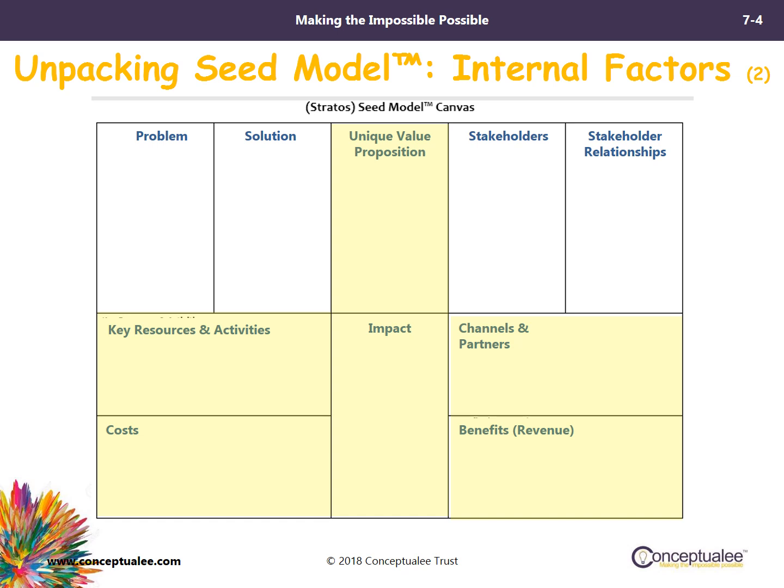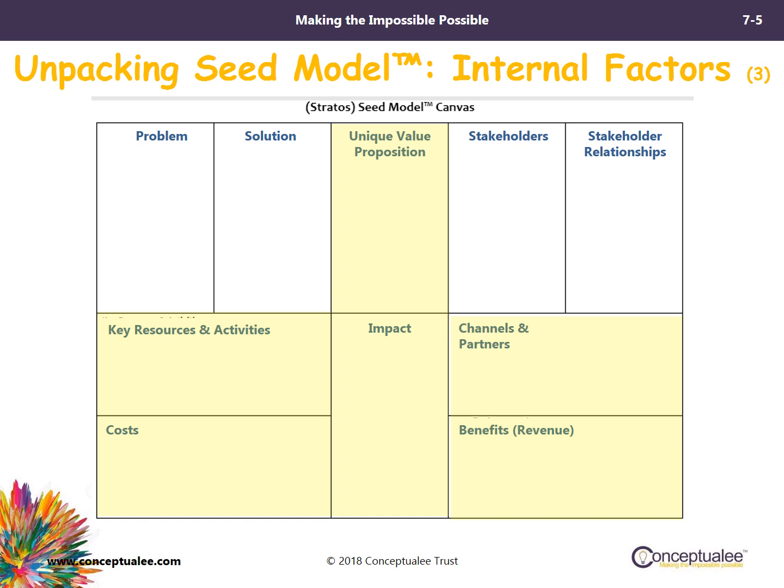Now, when we talk about benefits and revenues, benefits can be tangible and intangible. Tangible like money, or intangible like social capital. For example, if you start getting fans or followers on social media for what you are doing, that's a huge benefit, even though it's not monetary revenue. Now you can do more with your marketing budget because you have fans who will repost or email your promotional stuff to friends. So for this component of your seed model, you should look at all of the forms of value that are being created or can be created for you from your venture. Another example is how you engage your stakeholders and how that creates or can create value for you.